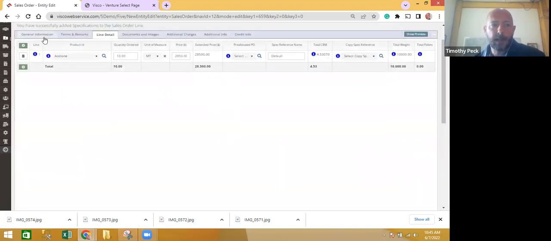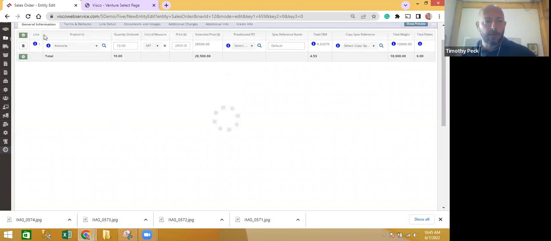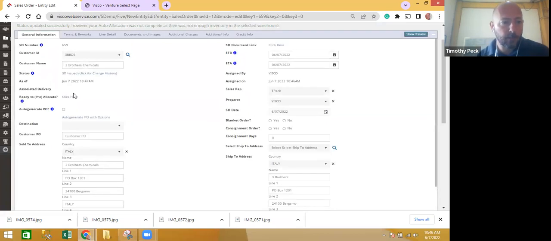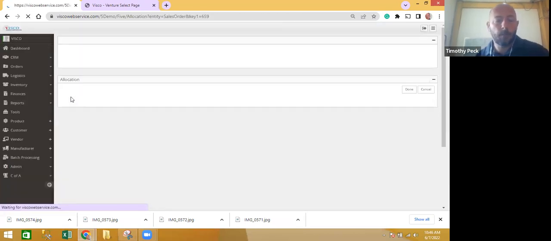It selects that. And now we're going to take this order and allocate this against inventory. So if we go into the general info area here, and let's say the customer has approved the order. So we're changing the status to SO issued. It takes a second to flash, and now we're going to allocate this against inventory. So click here